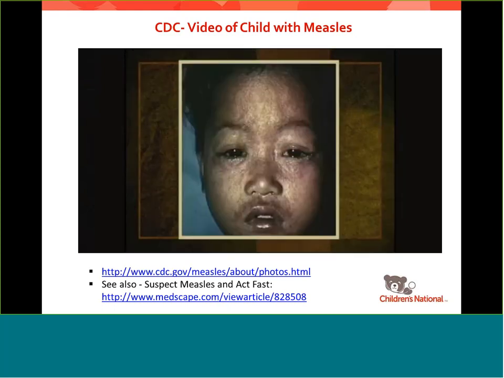This is a dark-skinned child with measles. The child has conjunctivitis and coryza. The rash is papular or raised, not flat. A measles rash is more difficult to see with dark skin. If the rash is accompanied by other symptoms, such as cough or conjunctivitis, measles is easier to diagnose.